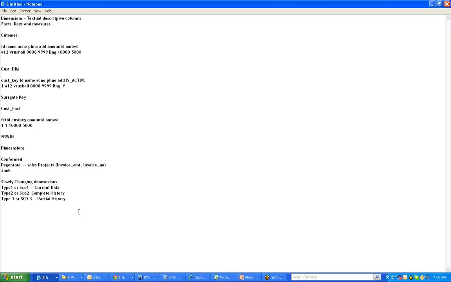Now we go to facts. This is one of the mandatory questions from an Informatica interview point of view: what is a factless fact table? Any guesses? There will not be any measurement in that? Yes, we don't have any measures, we have only keys. Why do we need a fact table which doesn't have measures, only keys to be loaded?